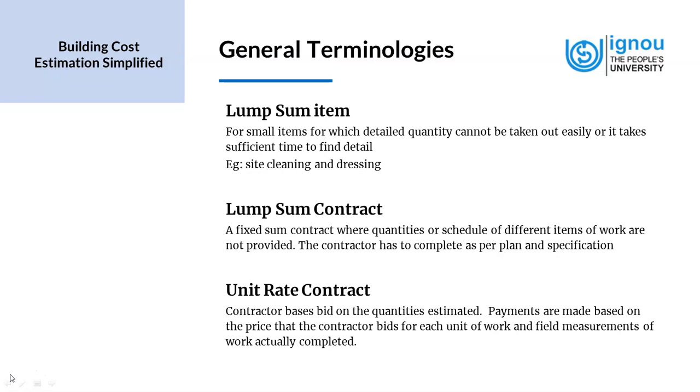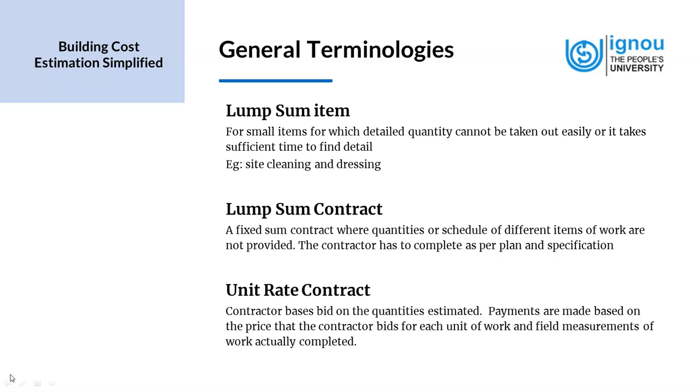Now, when we take unit rate contract, we have another name for it. It is also called a remeasurable contract, which means that what is actually built by the contractor can be measured. So remeasurable is when we have the provision of finding out what is actually built. So the benefit of this contract is that the contractor is paid for the work actually executed as per the contract terms. Now, this contract agreement, the unit rate contract, is of low risk for both client and the contractor.